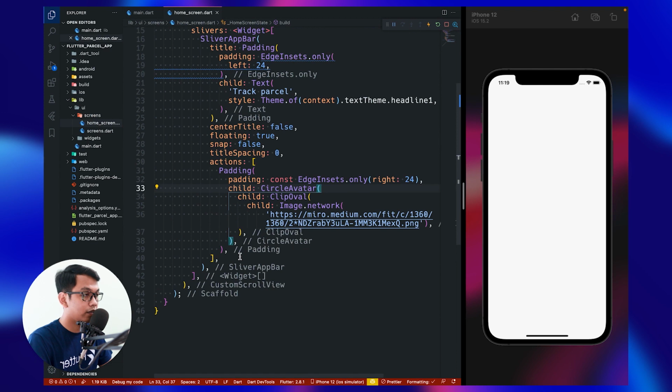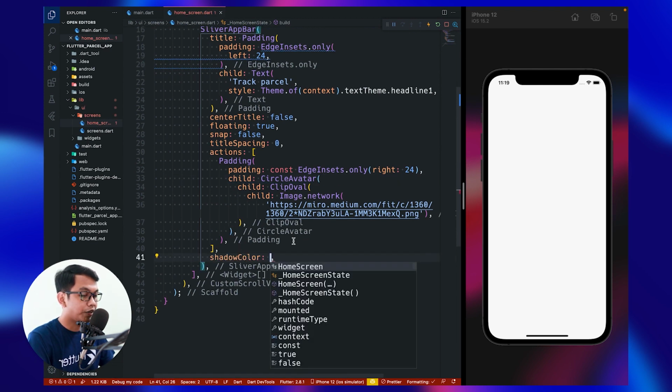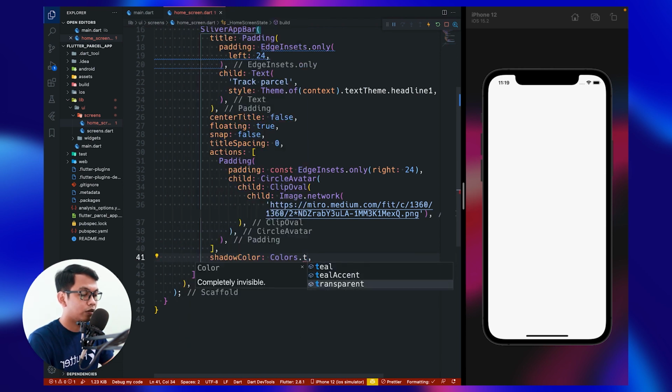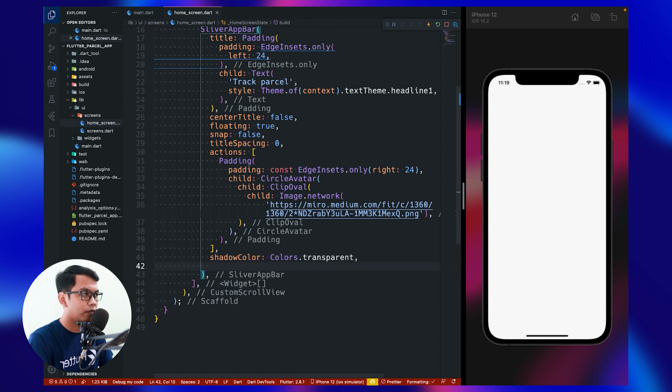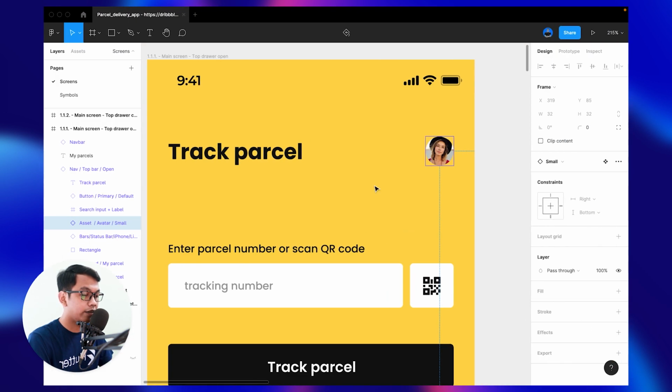Looks like this. And below our action, for the shadow, we use transparent because the default app bar has a shadow.